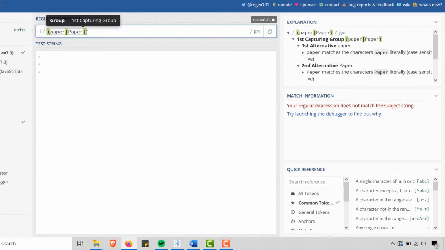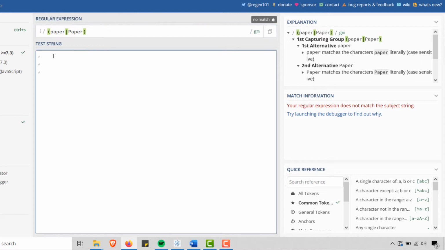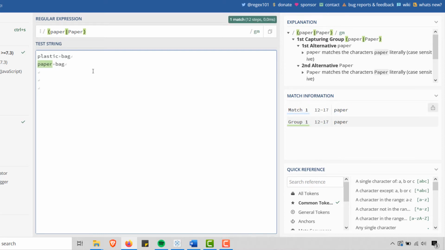So, the parentheses is a group, and so I can type in a search term, literally paper, and then this pipe is the equivalent to the Boolean OR. So I want to flag paper, lowercase, or uppercase paper, close paren. So we can test that out. If I type in plastic bag, right, I don't get a hit. It does not match the subject string. If I type in paper bag, I get a hit. If I type in uppercase paper bag, I get a hit. So that's the expression that